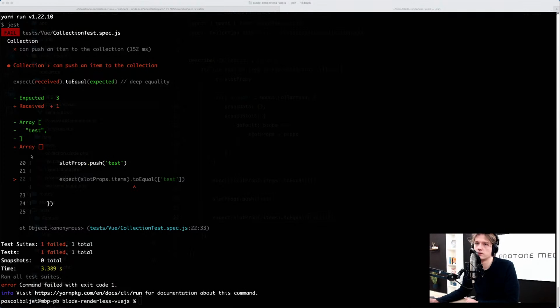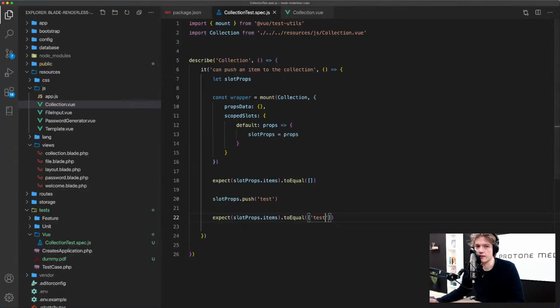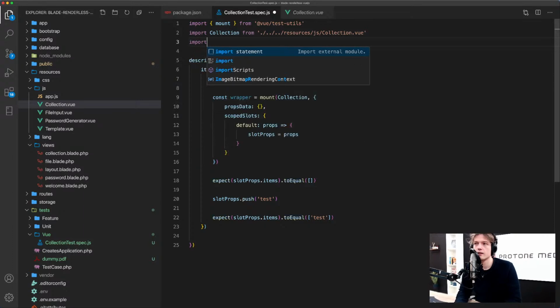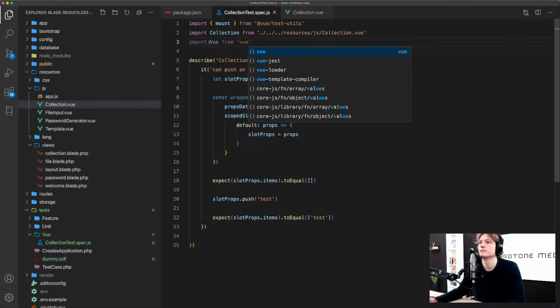It does fail. So the array is still empty. And that's because of this funny thing: the slot props change after the next tick. So Vue has this idea of next tick. You've probably seen that before if you're writing Vue components. So let's introduce a next tick, but for that we need Vue. So Vue from Vue,